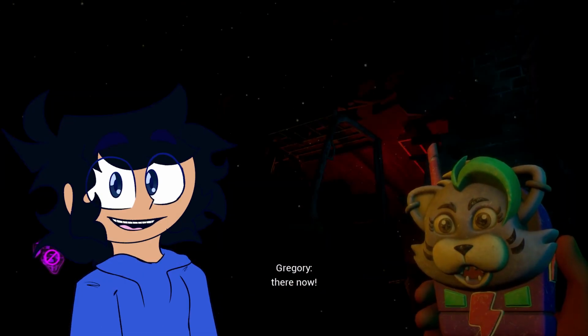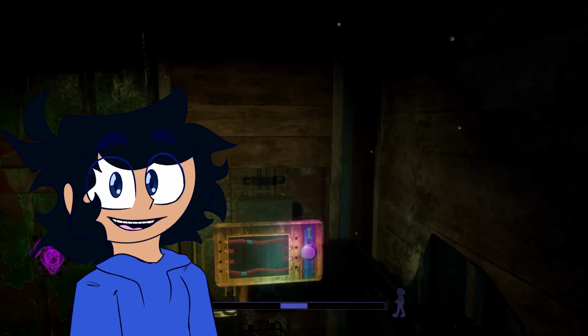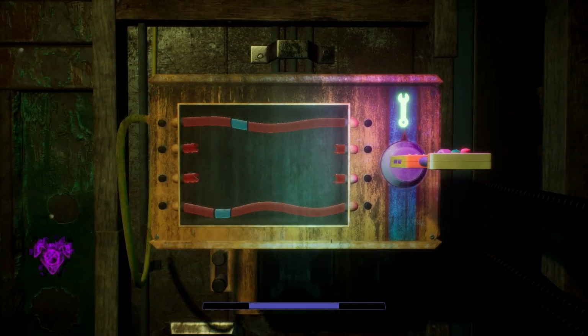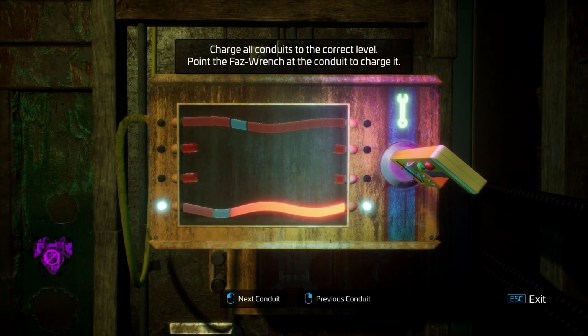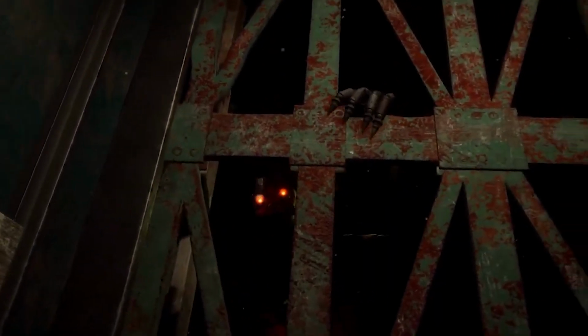We get in contact with the real Gregory, running away, trying to escape using the skills we've learned throughout the DLC. I love this part where you use the Faz wrench to solve the puzzle as the endo slowly makes its way towards you. Once done, we get in the elevator and then...